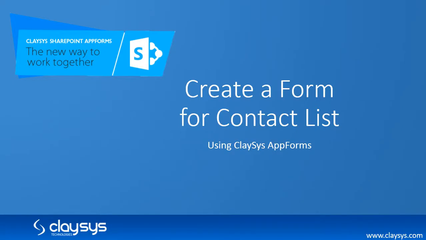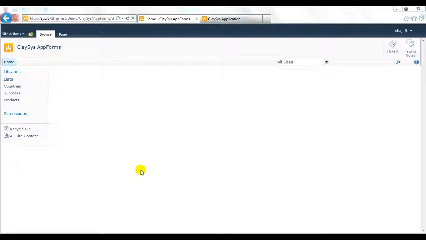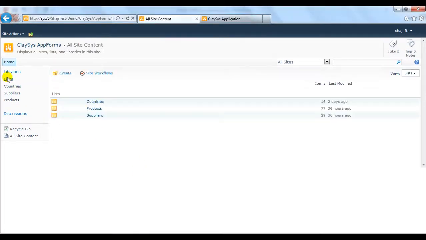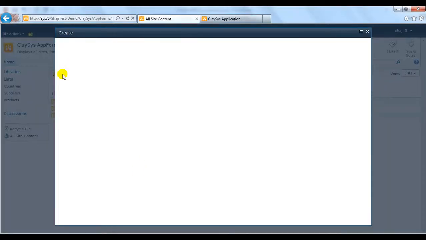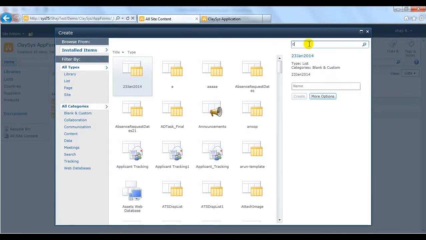In this video, we introduce ClaySys AppForms for SharePoint and show you how to create a form that works with a contact list. And we will attach a data source to this form to read and write data to the contact list. We will now create a new list in the SharePoint site,